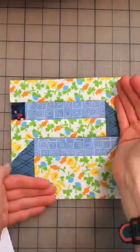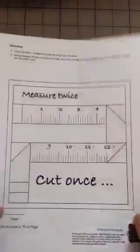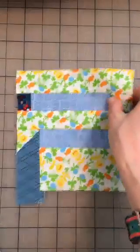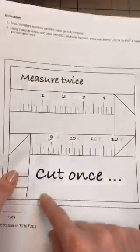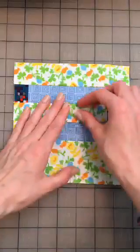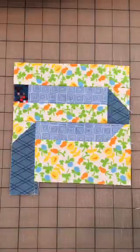All right, so here we are, guys. This is the block. So now we have to add all of our numbers and stuff here, and all the text. So we have the measure twice, cut once text on here too. So square it up. I think I might square it up. Oh, let's at least test it. I don't think I'm gonna actually square it up now. I'm gonna square it up when